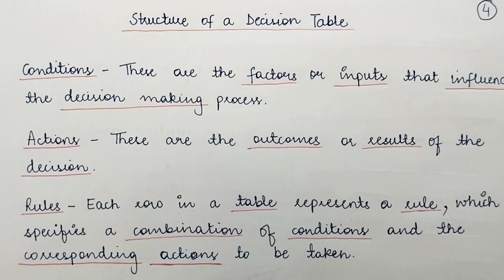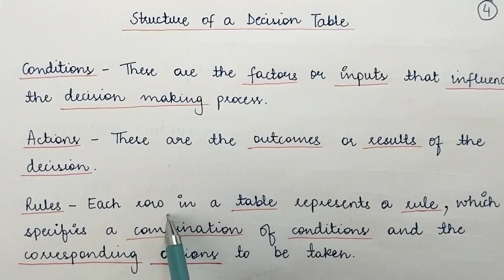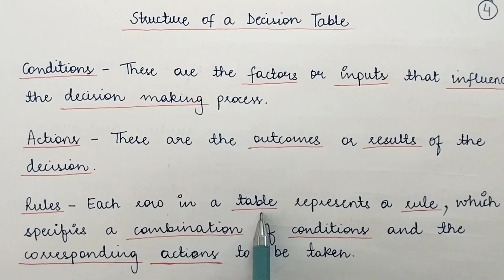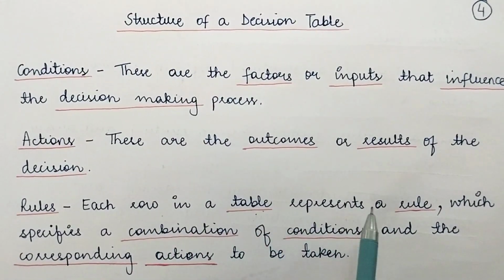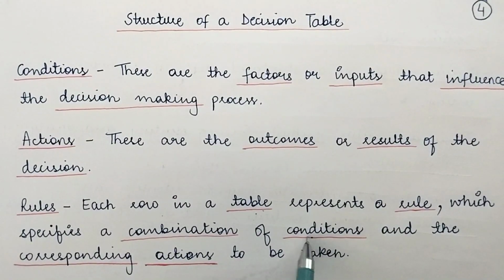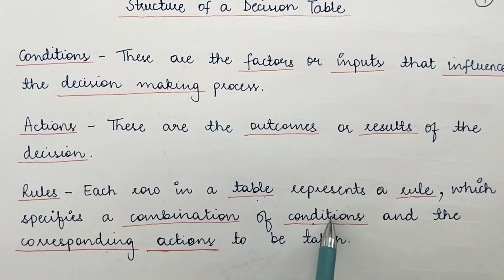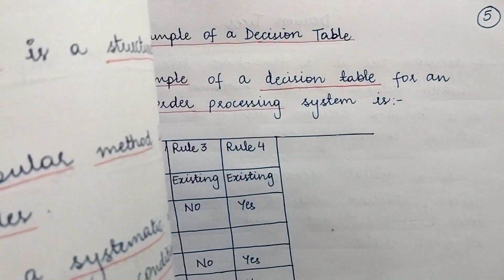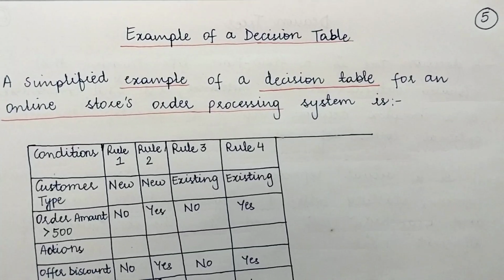And the third element in the structure of a decision table is the rules. Each row in a table, that means each row in the decision table represents a rule. Every row is representing a rule which specifies a combination of conditions and the corresponding actions to be taken based upon those conditions. Now we will look at an example decision table. So,